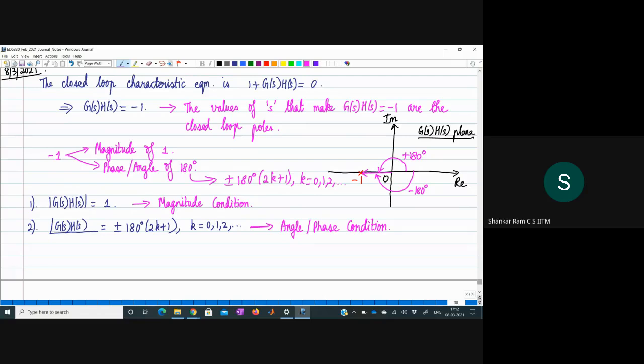Okay, so what is the implication? What we have done is that we have written 1 plus G of S H of S equals 0 as two conditions. That's all we have done. But these two conditions involve the open loop transfer function. So the implication is that any value of S, the complex variable S, that satisfies the magnitude and the angle condition